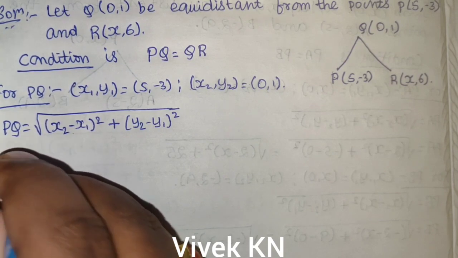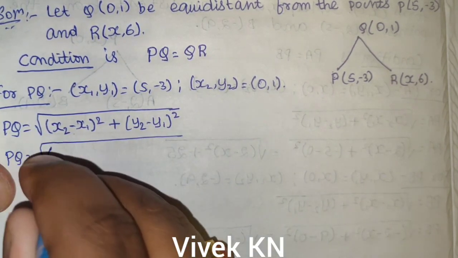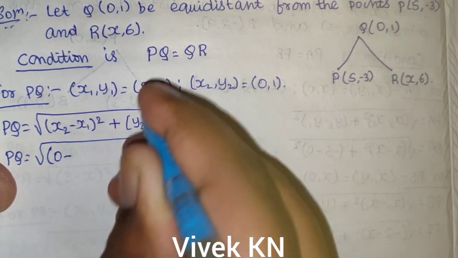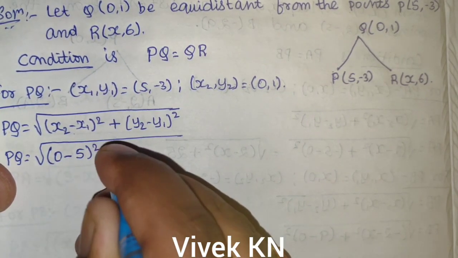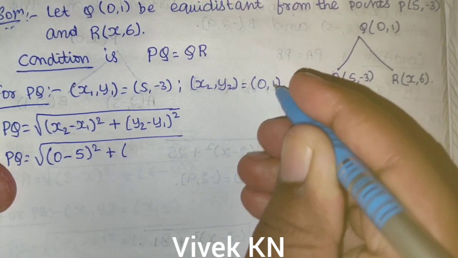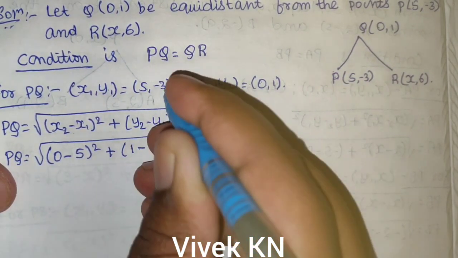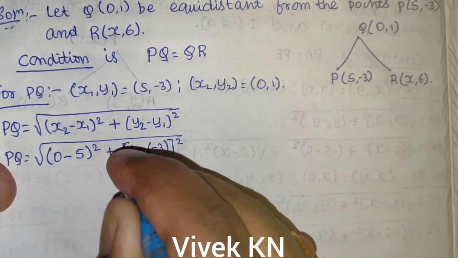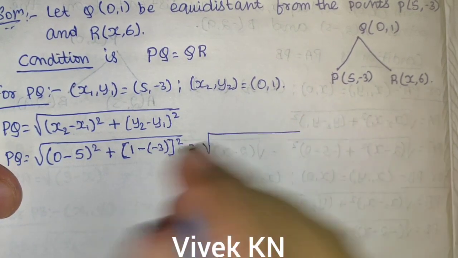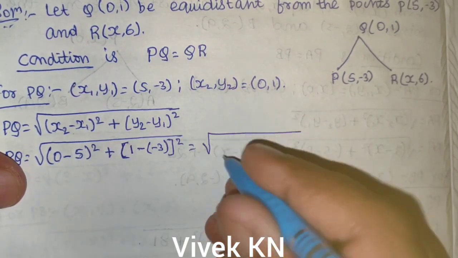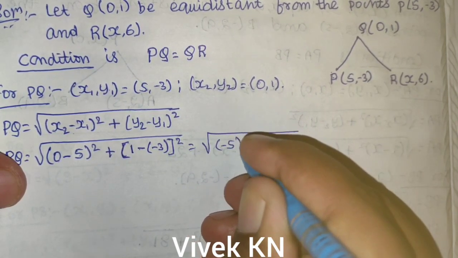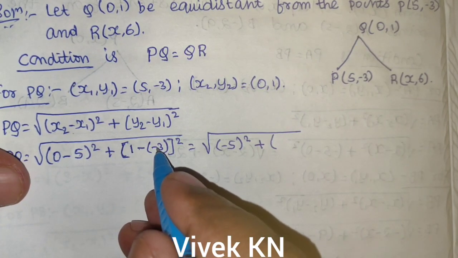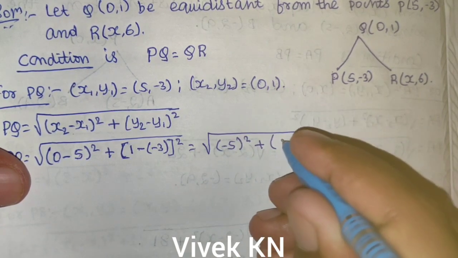That is, PQ is equal to under root of, the value of x2 is 0 minus the value of x1 is 5 whole square plus the value of y2 is 1 minus the value of y1 is minus 3 whole square, which is equal to under root of 0 minus 5 is minus 5 whole square plus 1 minus into minus is plus 1 plus 3 is 4 square,